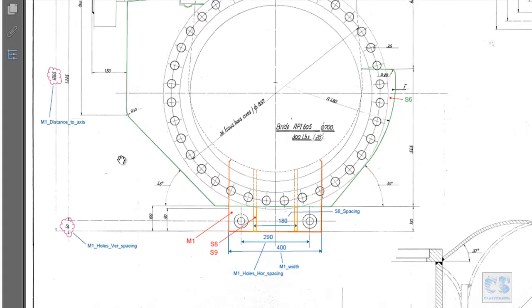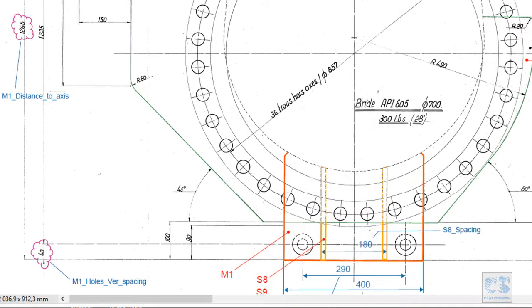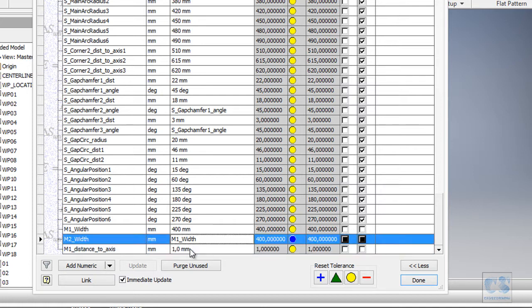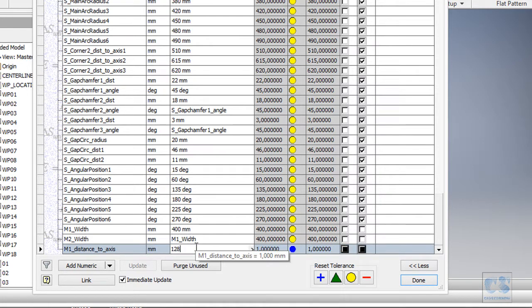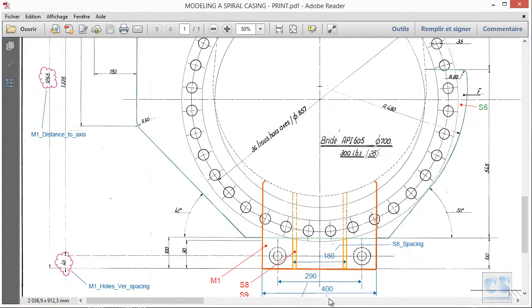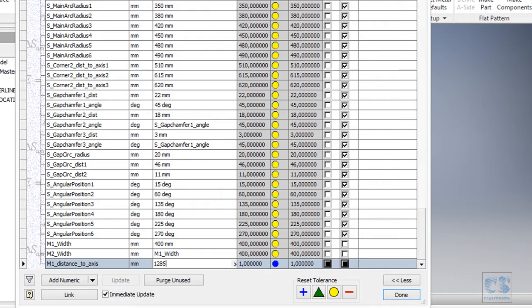Then we will have this distance to axis, so numeric. So this one is distance to axis, which is equal to 65 instead, and 1000 for the second mounting plate.